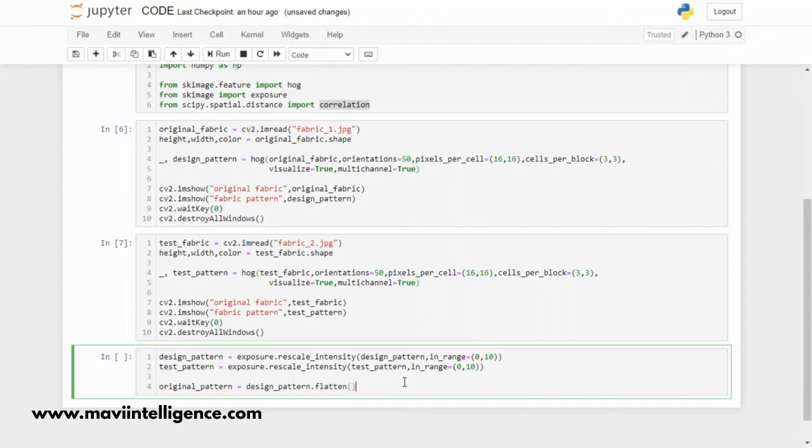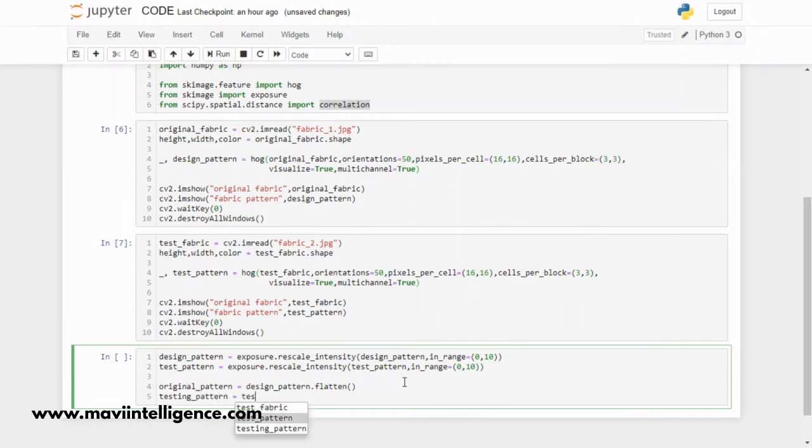Okay, same for the test one, test pattern equal to, okay, not test pattern, but testing pattern. So test pattern dot same flatten.